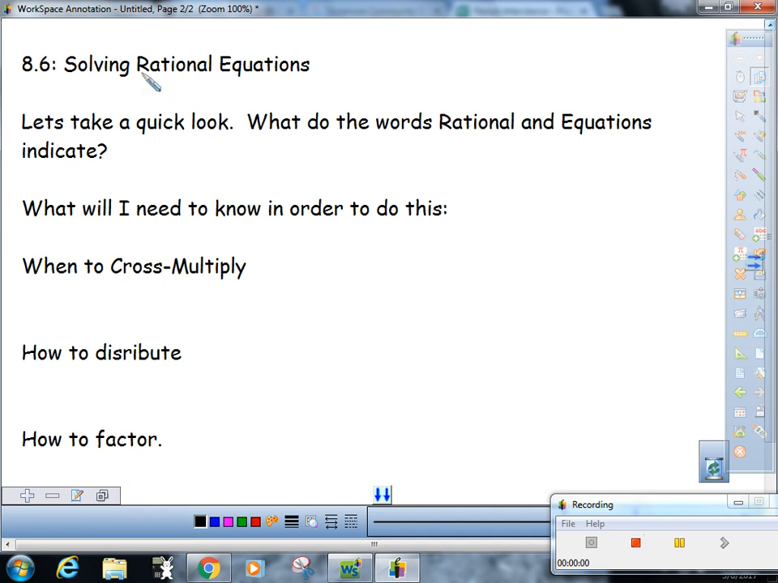Rational, what's the root of the word rational? Ratio, okay? And what's another word for a ratio? A fraction, very good. So these are equations that involve fractions and obviously variables. In order to do this well, you're going to need to know when you are allowed to cross multiply. Everybody know what that term cross multiply means? You're going to have to remember how to distribute, and you're going to have to know how to factor. And then you're also